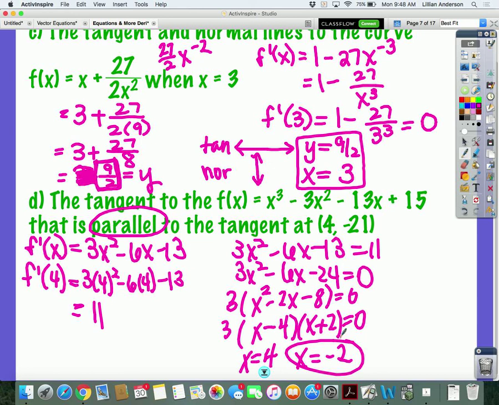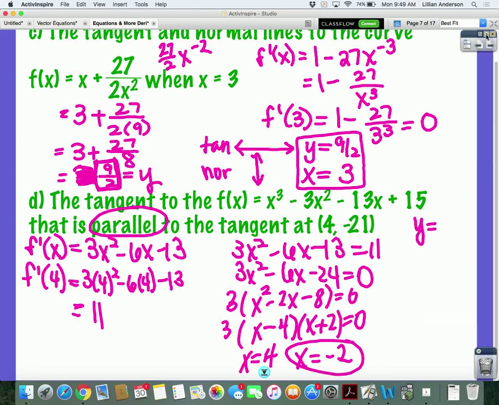Questions up to here? All right. How do you find the y? Plug it into the original equation. So to figure out our y value, we're going to plug it back into our original. When we plug in negative 2 into our original, we get